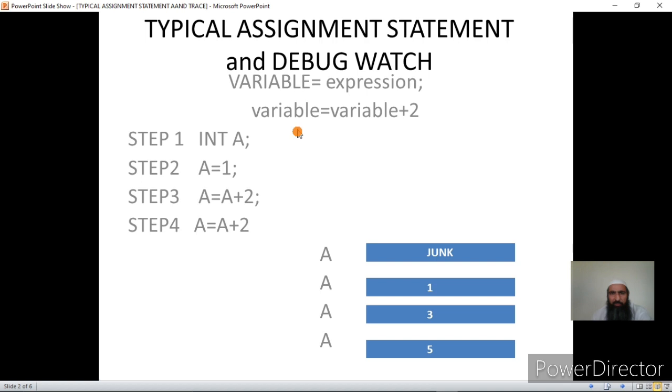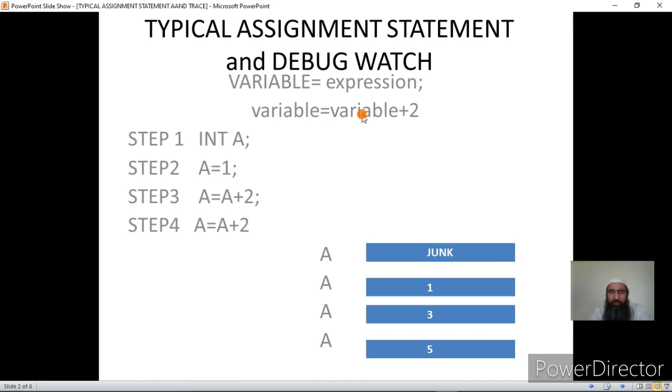I call this a typical assignment statement because in this case I have written a variable on the LHS side and the same variable on the RHS side, and I am adding a constant 2 to the value of the variable. I'll be explaining this with an example, then we'll see it practically what I mean. It's a very interesting expression where you have the same variable on the LHS side and RHS side of the expression. We can have hundreds of programs based on this simple statement, and this is nothing but an assignment statement where it has an arithmetic expression on the RHS side and a variable on the left hand side.